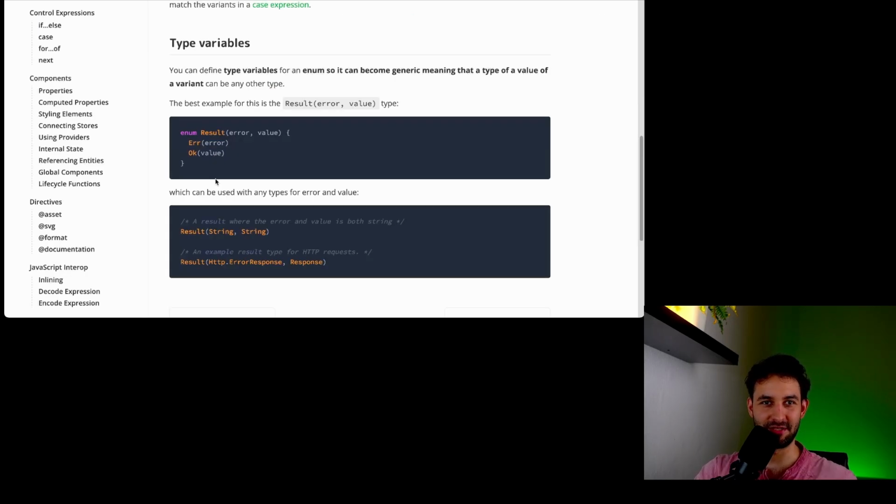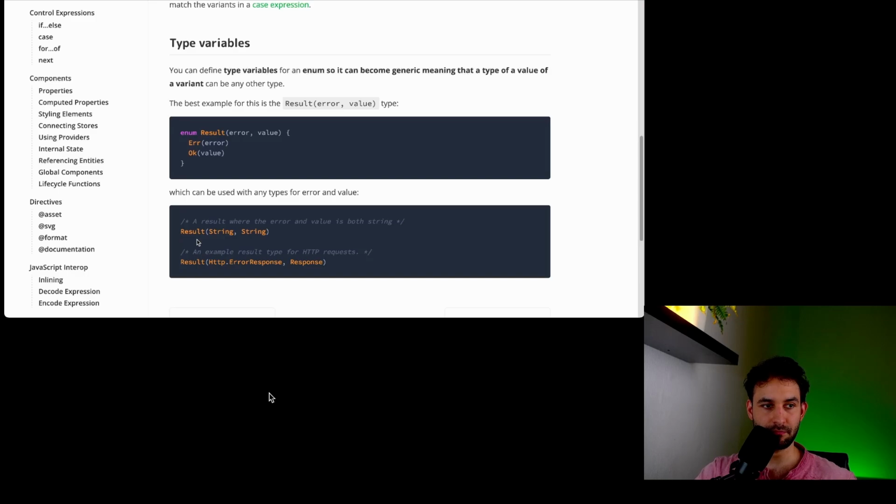And then we can also use enums for result types by giving them parameters, and then that way the result type, the result enum, will actually be generic itself, meaning that we can create different types of results. And that is super useful for different kinds of results and for handling all the various edge cases that you can have in a front end.